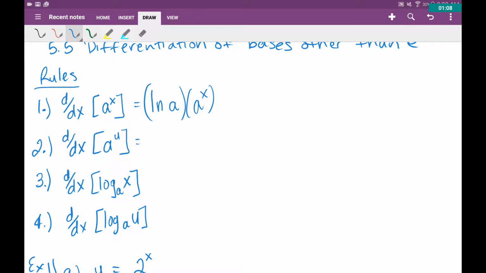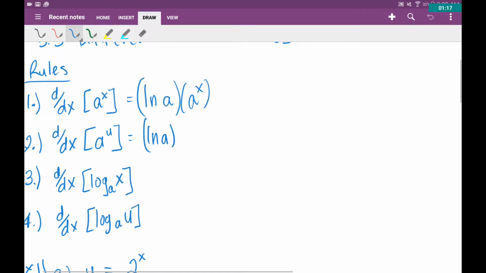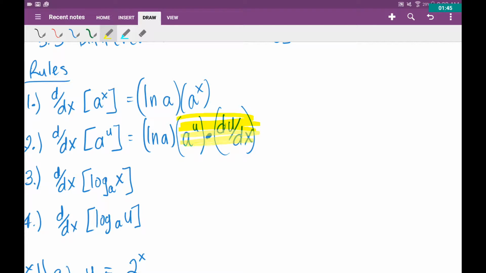Rule 2, same thing, but this time instead of maybe having an x power, we're going to have something more. You would do the natural log of a again times a to the u power. But this time you have to account for that u, so you have to multiply by the derivative of u at the very end. And just being careful to, again, keep all these things kind of separate. You can combine these two pieces right here at the end if you wanted to,